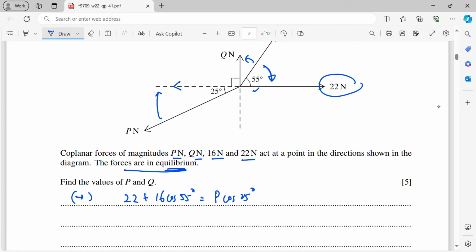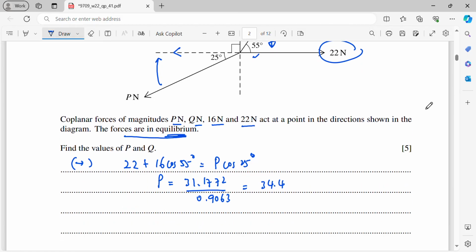Then from here, P equals to the total of the left hand side, which is basically 31.1772, and then divided by cos 25, which is the same as 0.9063. So then from here I will be getting 34.4. That is my P. Now to get the Q, I will resolve vertically,